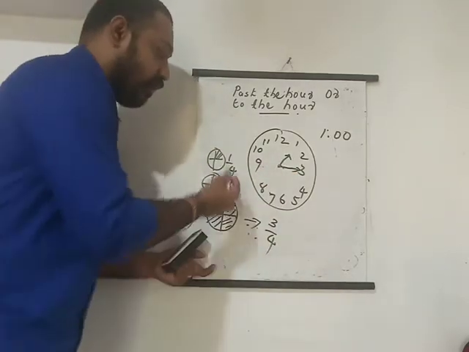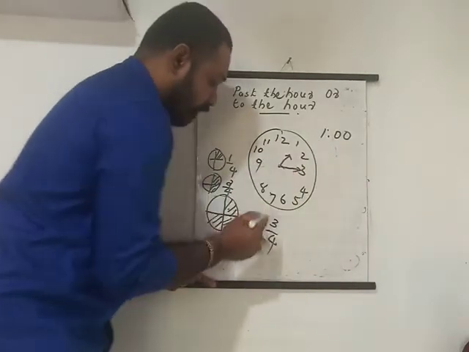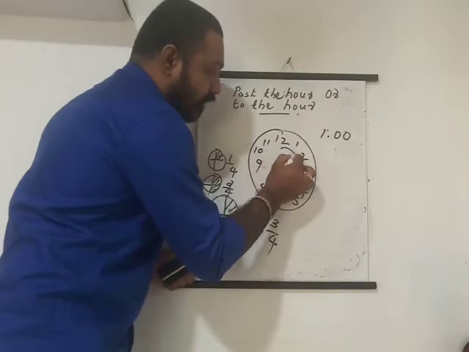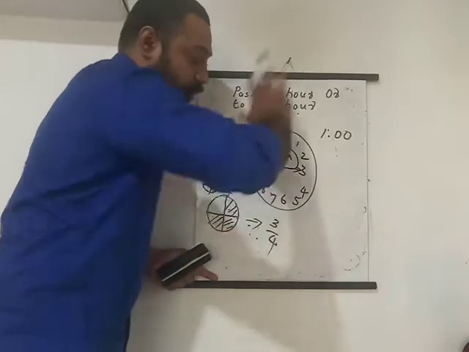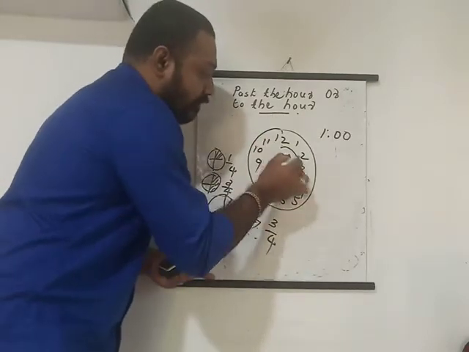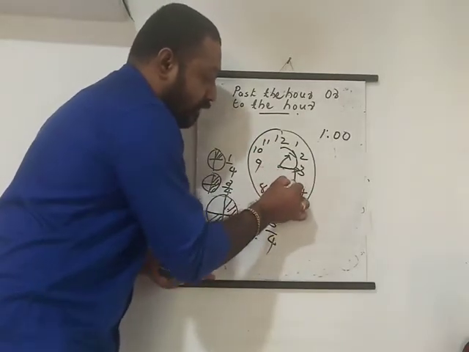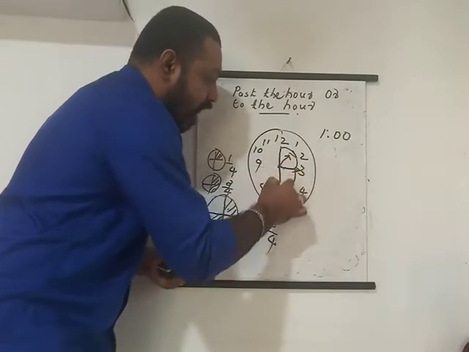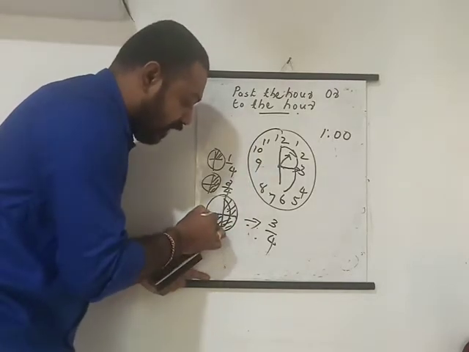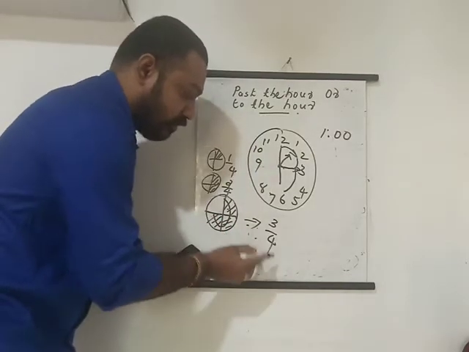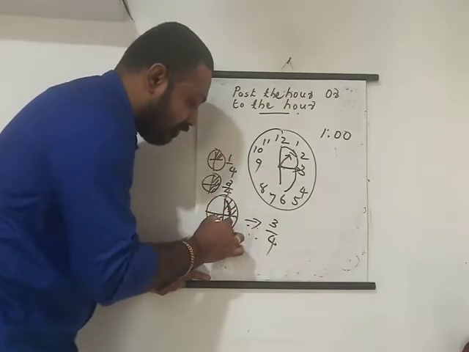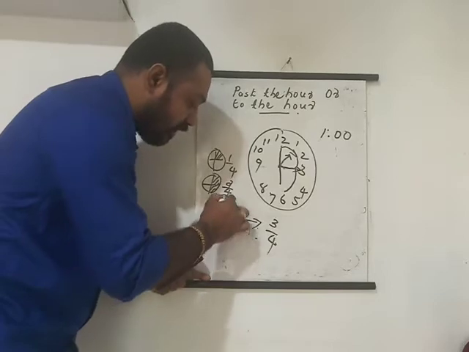So 1 by 4 means, actually, you can see that this minute hand starts from here and completes this quarter rotation. This is quarter, and what is this one? This is the half portion, isn't it? It completes half of its rotation. This is 3/4 of its rotation. Means if you are dividing a circle into 4 parts, it has completed 3 parts. This is 2 parts and this is 1 part.